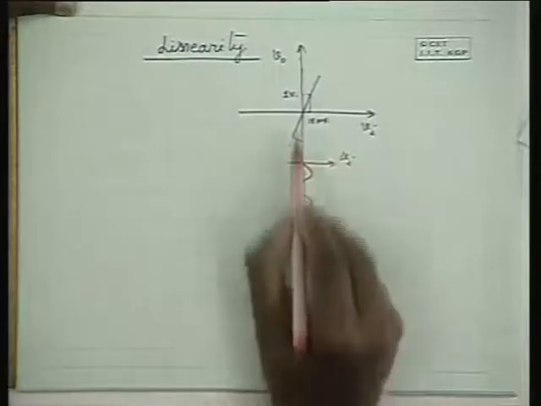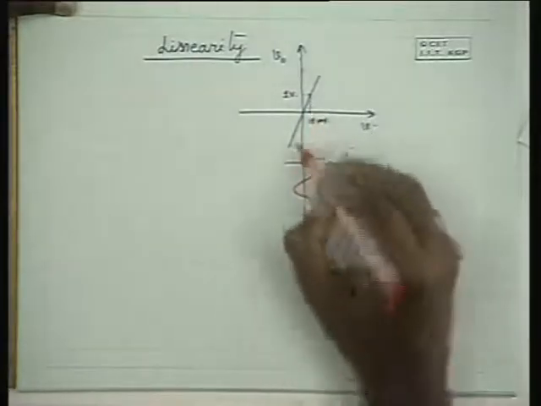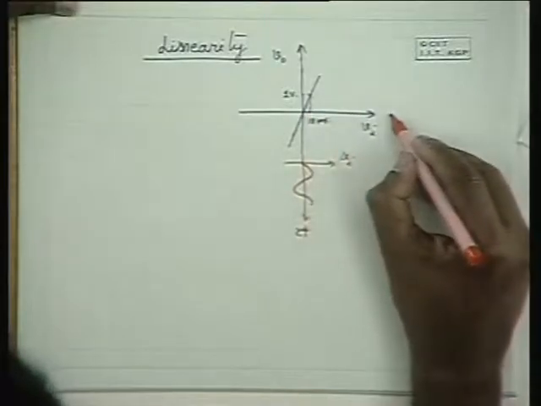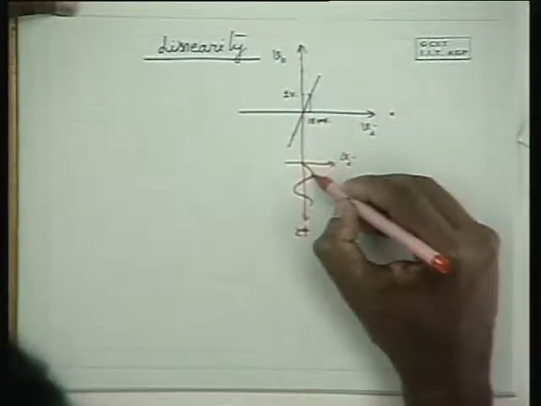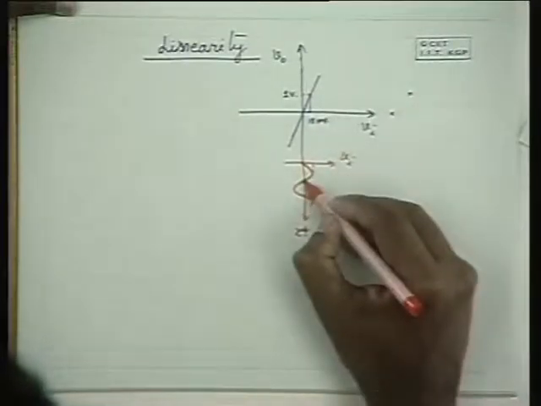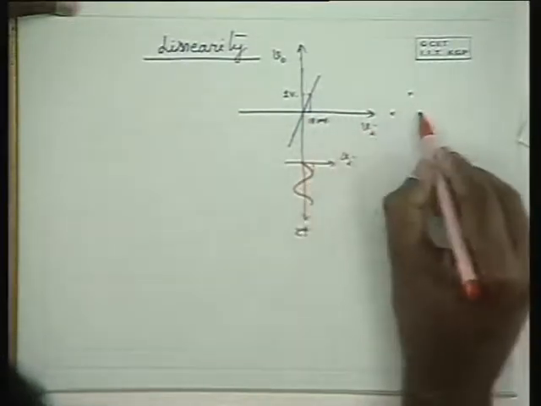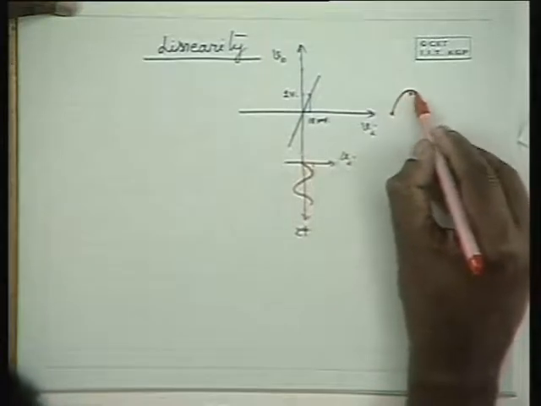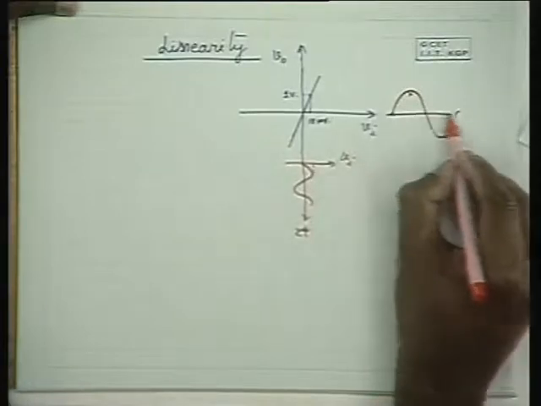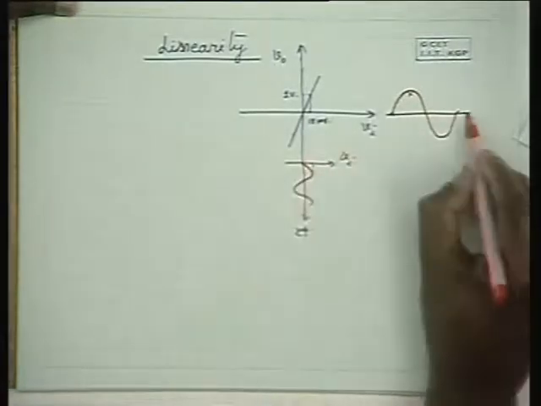Now if I impinge this kind of voltage to the input side, when the input is here, output would be here. When the input is at this point, output would be at this point. When the input is 0, output will be 0. And so this is the amplified signal that can be obtained from this kind of a device